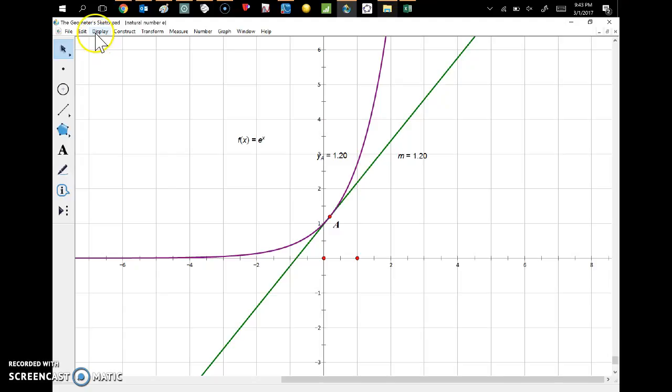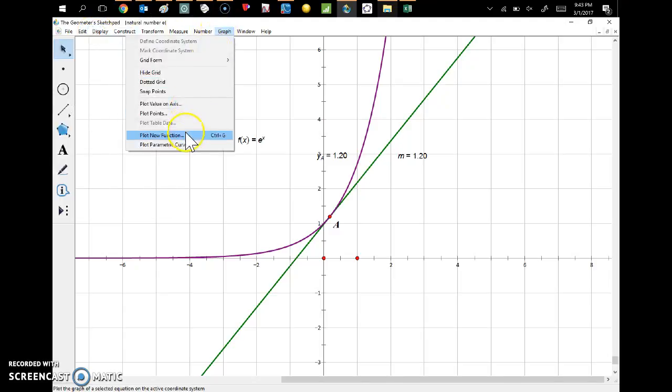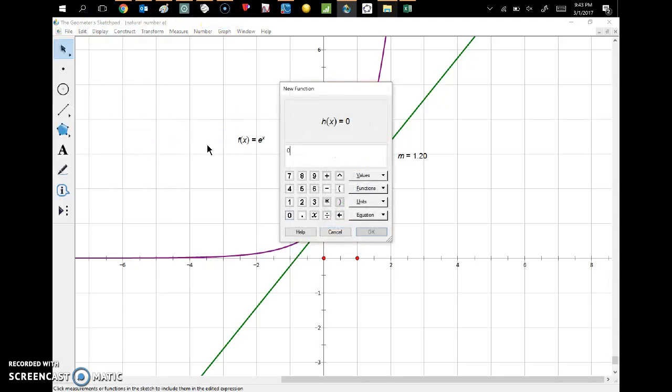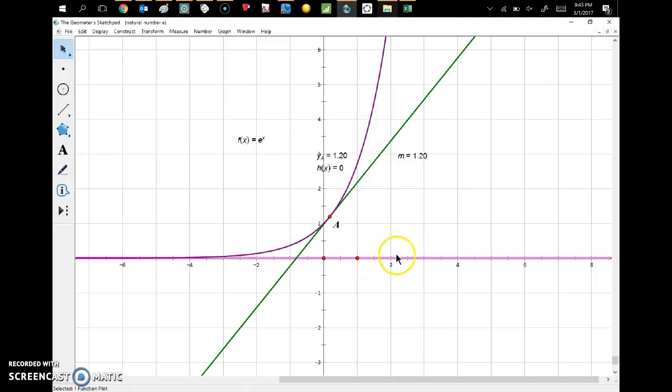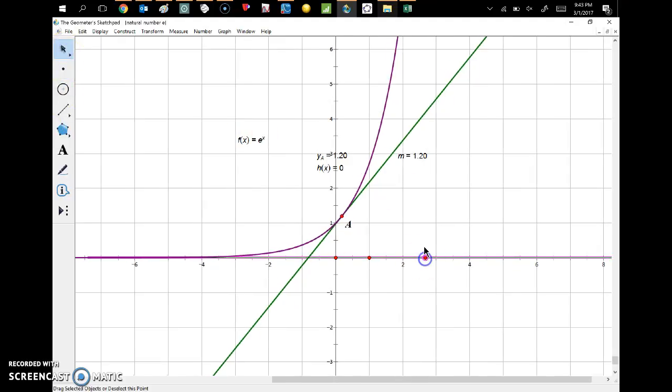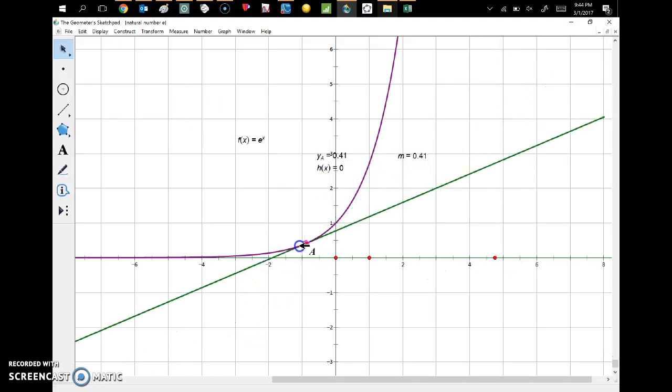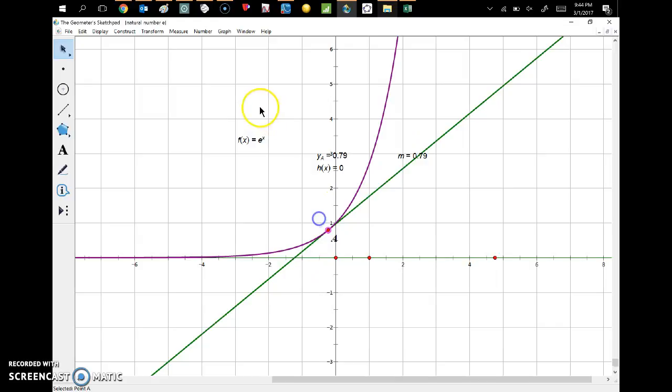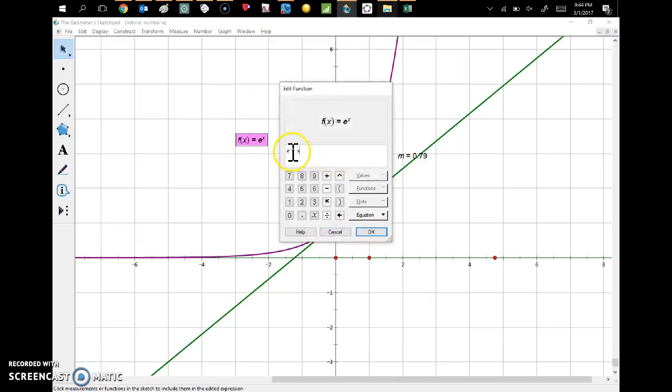Actually, there's one other trivial function, y equals 0. This one also has, it's kind of not very interesting because the tangent to a horizontal line is always a horizontal line whose slope is 0. So its function value is 0 and its slope is 0, but that's not very interesting. Whereas this function is. Now, if I were to change this to any other base,